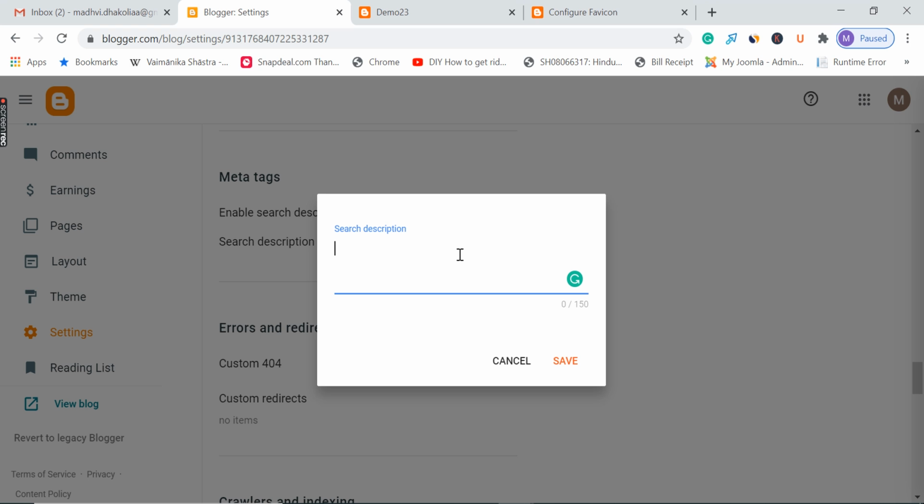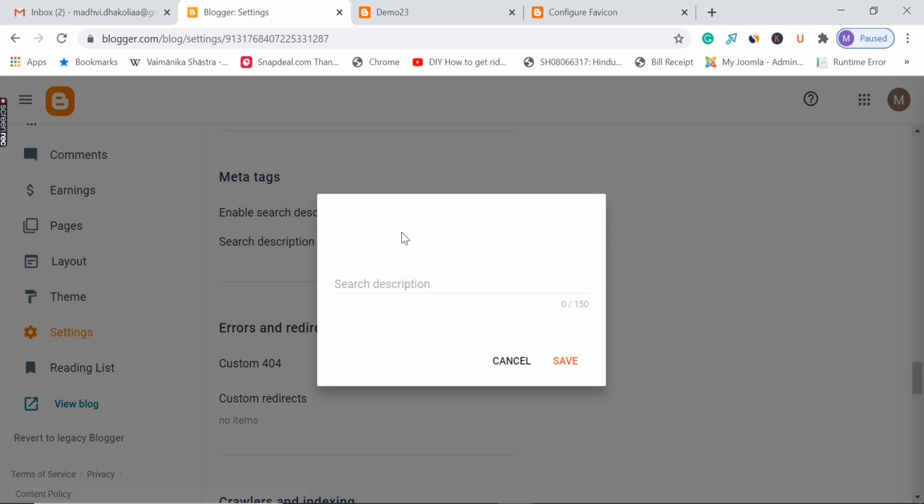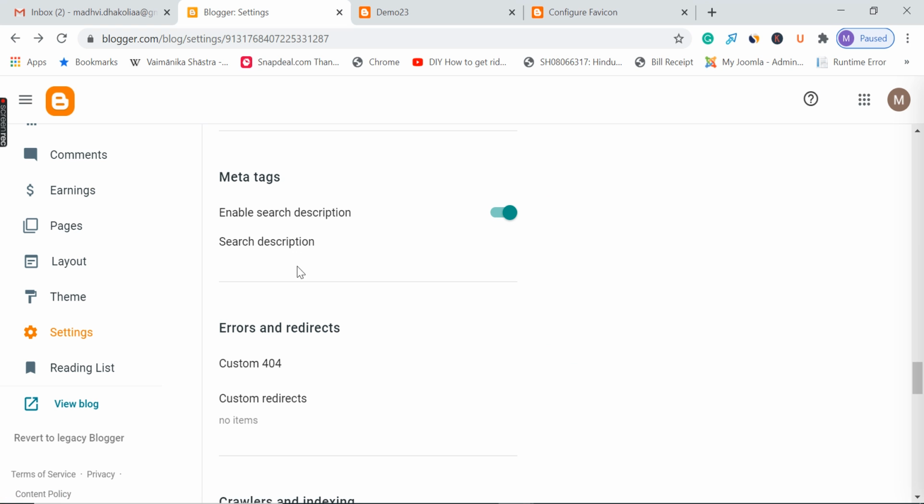Is it about fashion, travel, or any niche that you have selected to create a blog on? So ensure that you write a very effective search description and click on save. This is just for demonstration purposes, but you do write the description perfectly and according to the niche that you have selected for your blog.